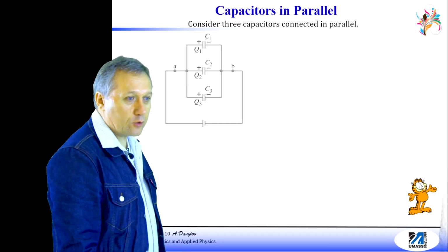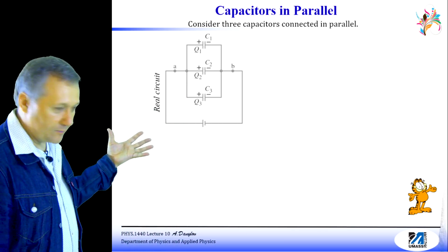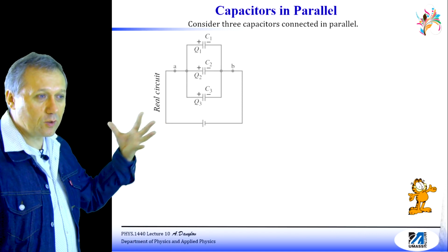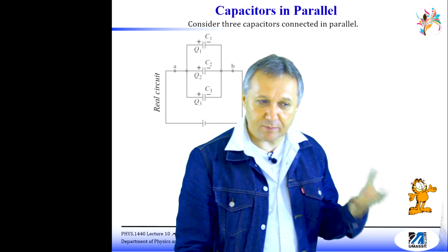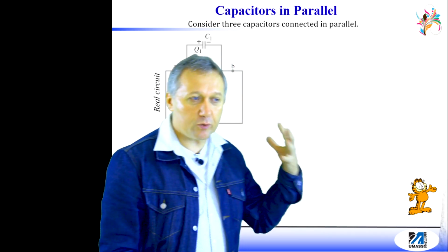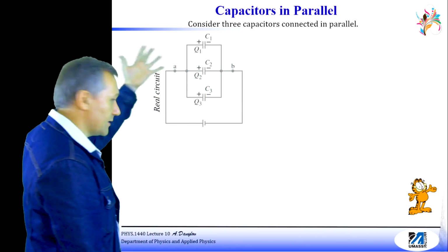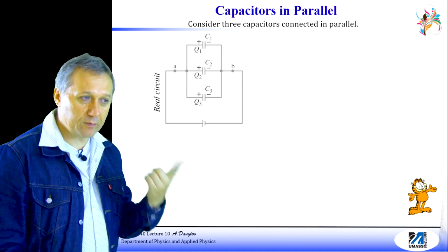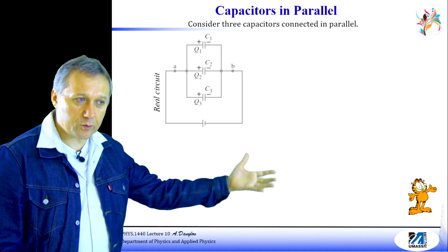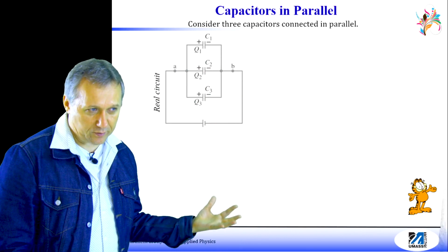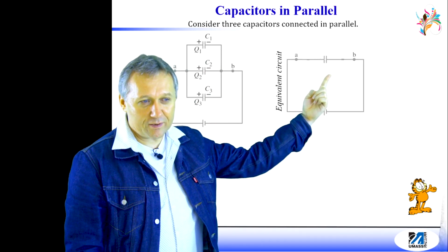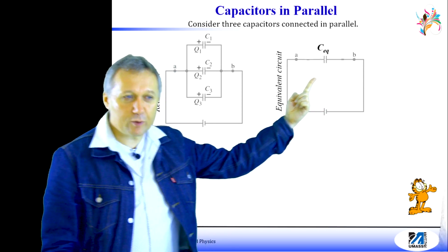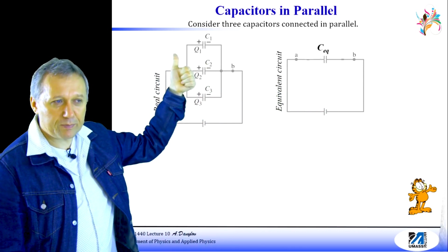And so that's the real circuit, right? Which we want to analyze. How does this method work? You remember I told you we need to replace these three capacitors with a single equivalent capacitor. So we can introduce what is called an equivalent circuit. In an equivalent circuit, we have only a single capacitor, which we called, as I said, C equivalent, which replaces these